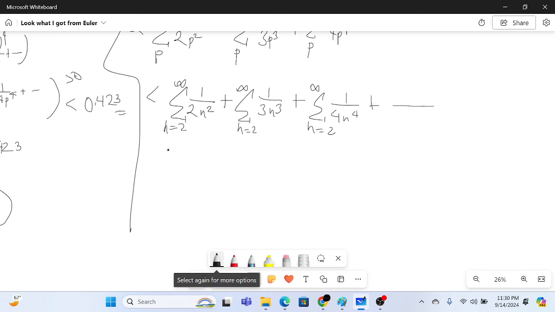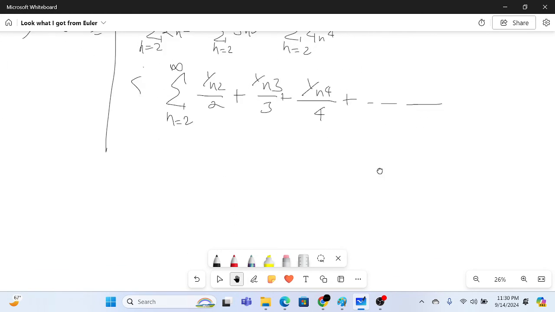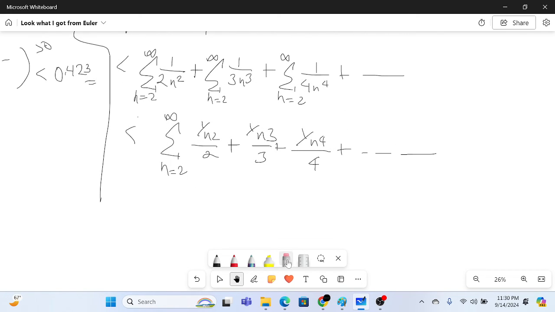Now to show that, let's see how we do that. First of all, let me write it properly. Sum n equals 2 to infinity of 1 by n square by 2 plus 1 by n cube by 3 plus 1 by n to the power 4 by 4 and so on. Yeah, and then wait, why did I write less than over here? This should have been equal to, I'm sorry for that. Okay, now after this